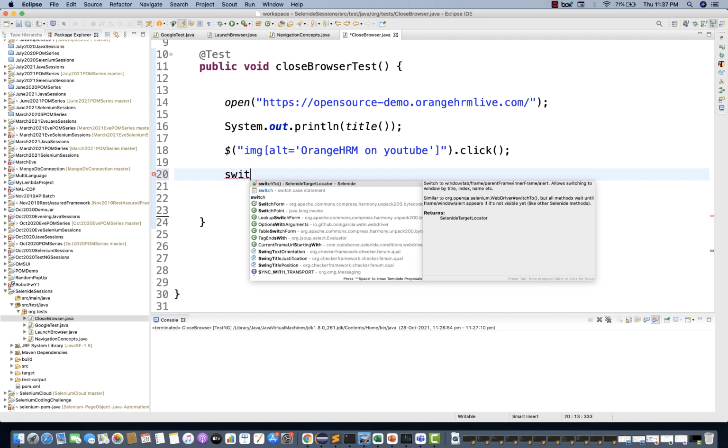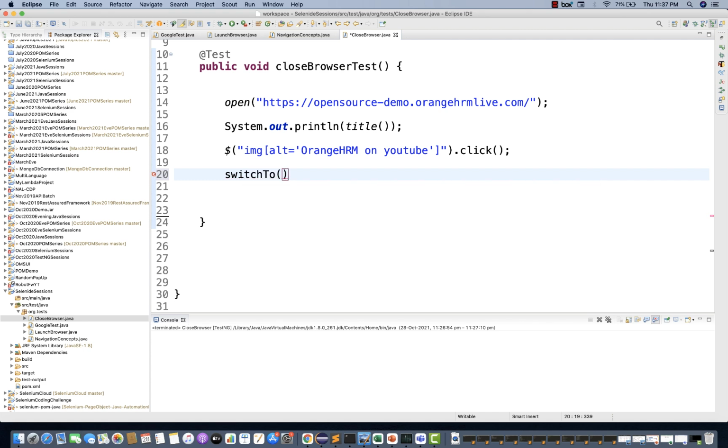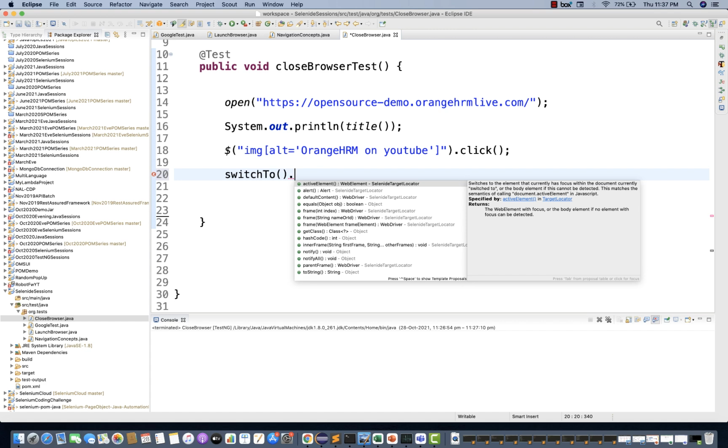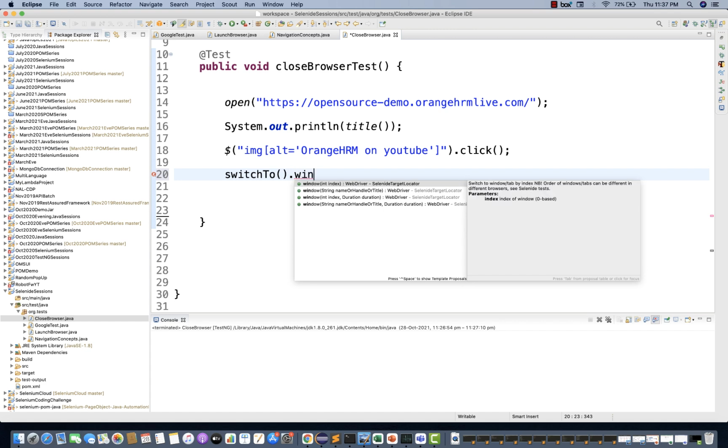See, this switchTo method is available, and then after that dot, where exactly you want to switch. So I want to switch to a window because it's a browser window, and this method is overloaded. Here you can pass a string, an index also you can pass. That's interesting, that in Selenium this method is actually not available. In driver.switchTo.window you just need to pass only name, handle, or ID. So here you have to pass, let's see, index. You can pass the title of that particular page also, index with the time also you can pass, and again name, handle, and the duration also you can pass.